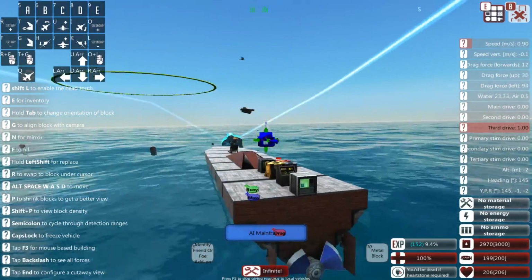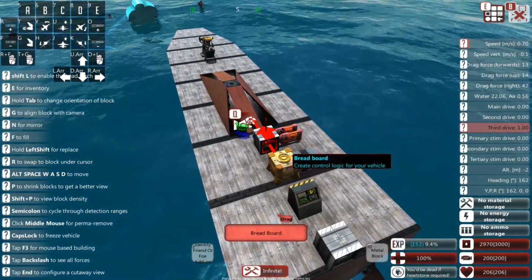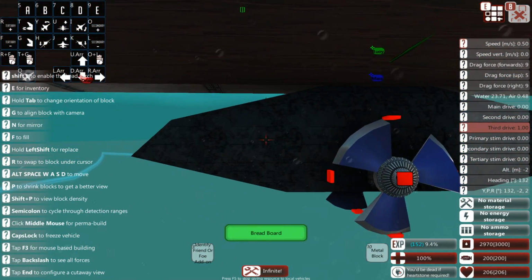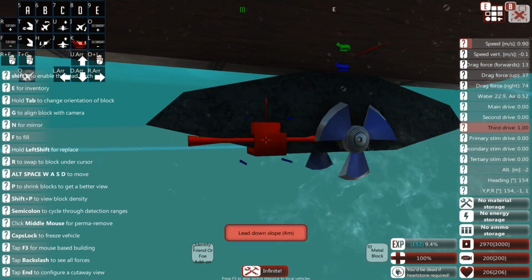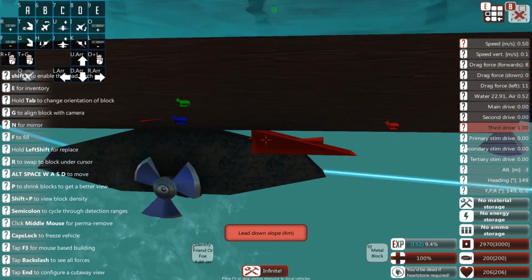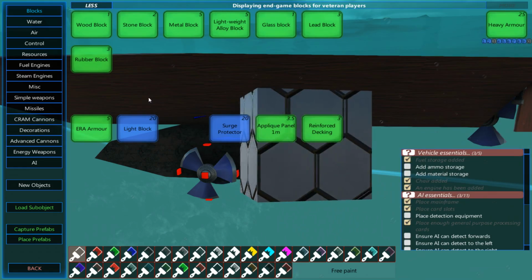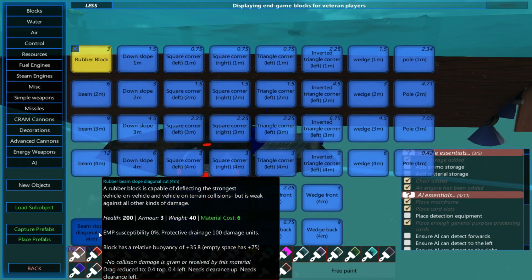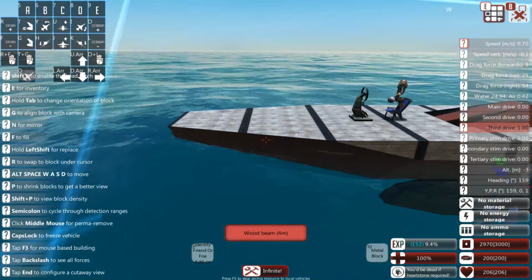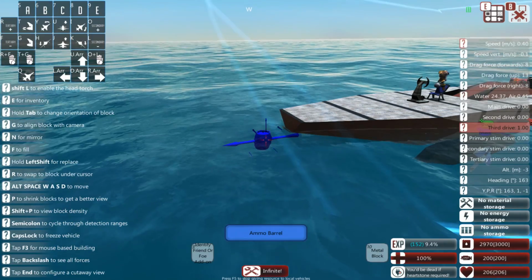The rocket fell out of the sky. I'll replace the rocket. I'll show you the rocket too. Actually, before I get into the more complex stuff, I just want to show you the simple joy that is lead blocks can now have slopes, beams, they have all of the parts. Same thing with rubber, actually. So you could, for example, at the nose of your ship, just insert, for no reason...